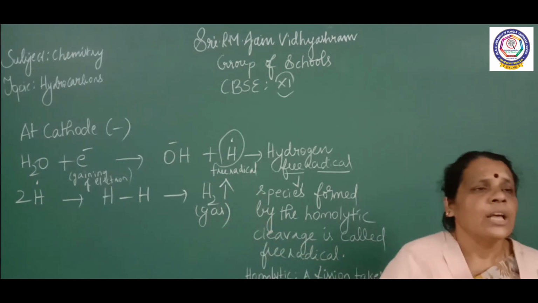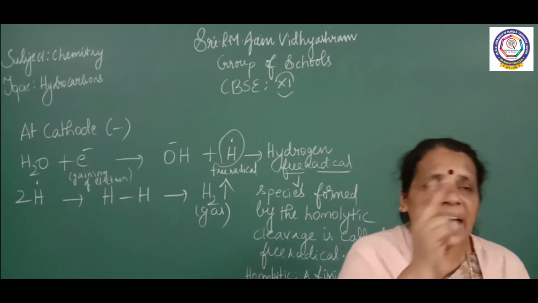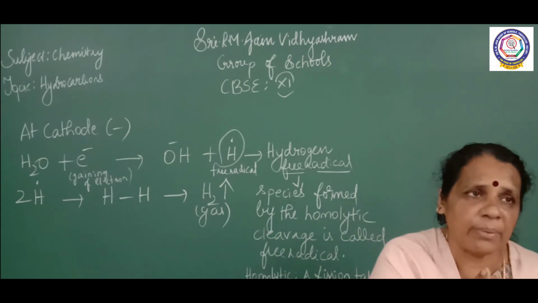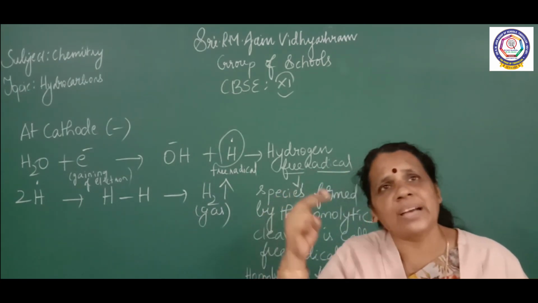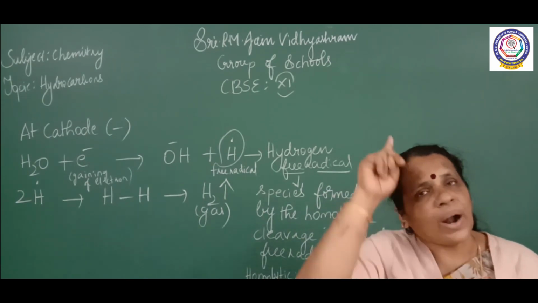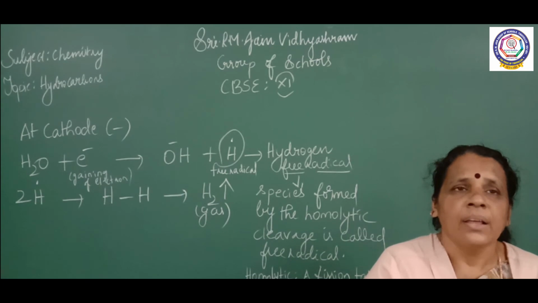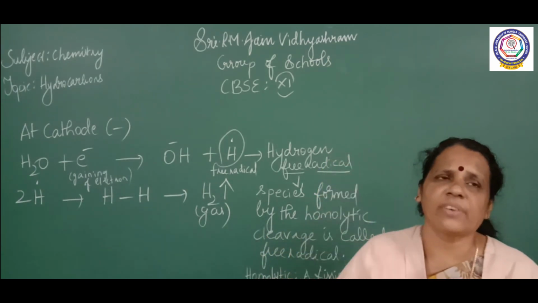So up to this, Kolbe's electrolysis is over. There are two parts in the reaction, anodic part and cathodic part. Anode is a positive terminal. What is the negatively charged ion there? Acetate ion. What is the reaction taking place? Loss of electron. Acetate ion loses 2 electrons to give ethane molecule with the liberation of carbon dioxide.